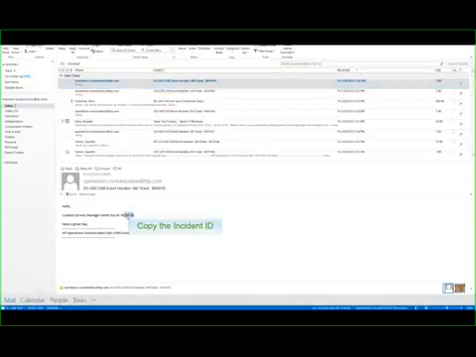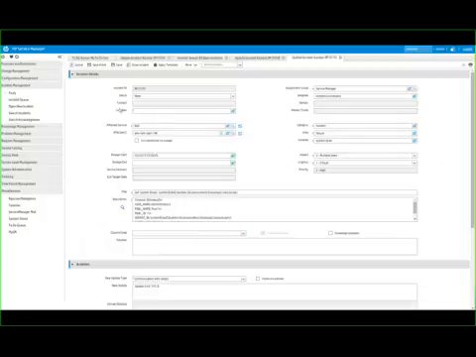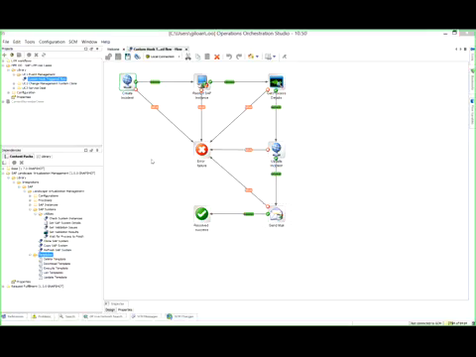So now if I copy this incident ID and go into service manager and search it by ID, I will find the incident that was created by OO flow because an error hook appeared in a stop execution of SAP instance.